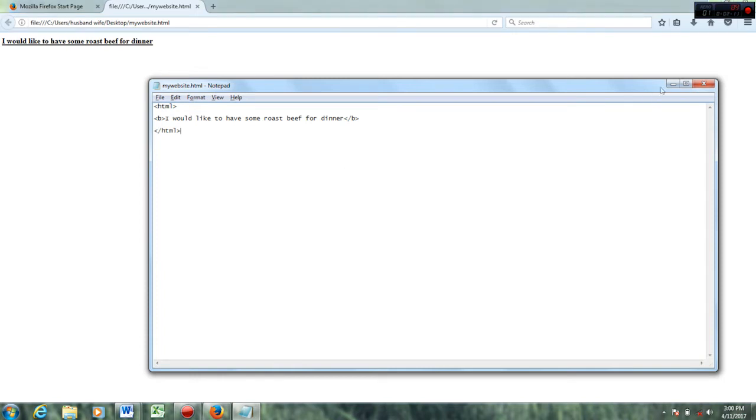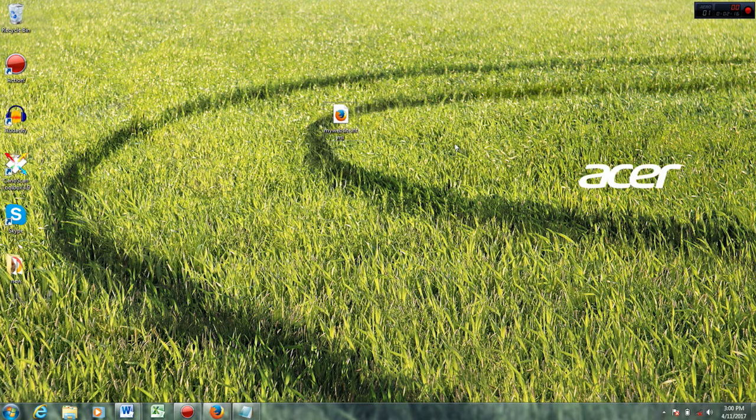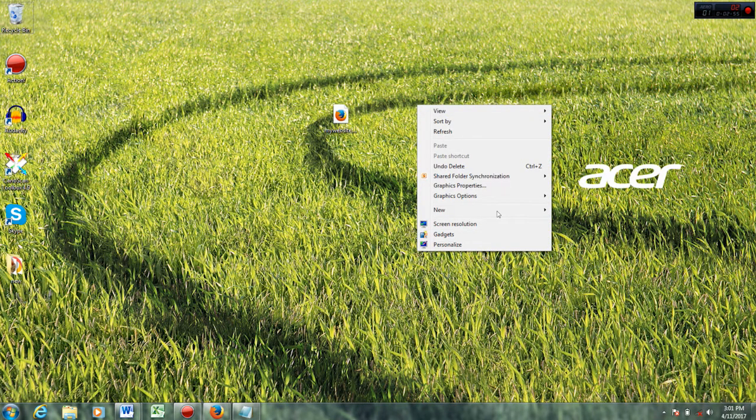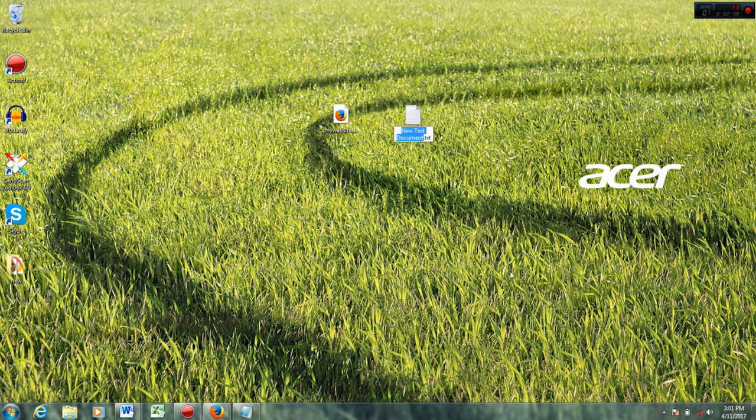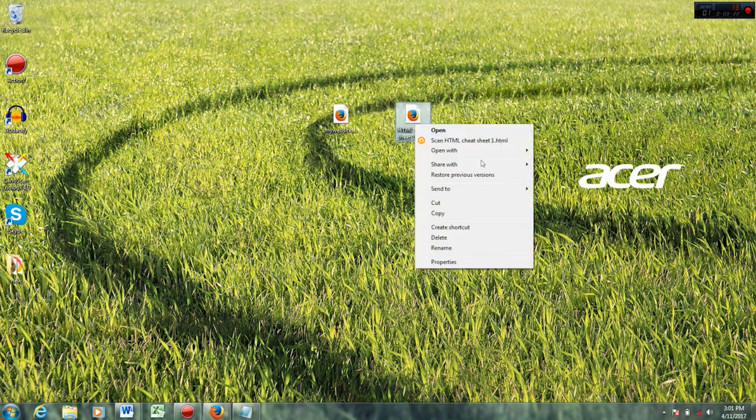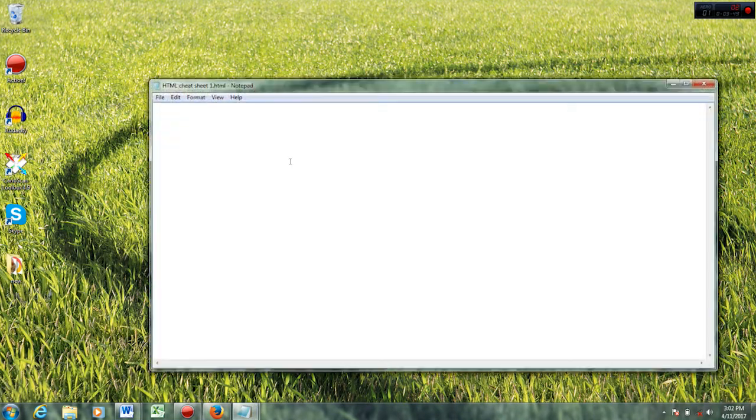Right, so let's go and start our cheat sheet or our lookup sheet. So let's open a new text document like so. So let's right click, new text document, and we call it HTML cheat sheet number 1, and then delete the text, and make it .html. We can right click and open with Notepad. So now it's basically an empty website. So let's give it a heading, and we will make the heading the same as what we saved it as, HTML